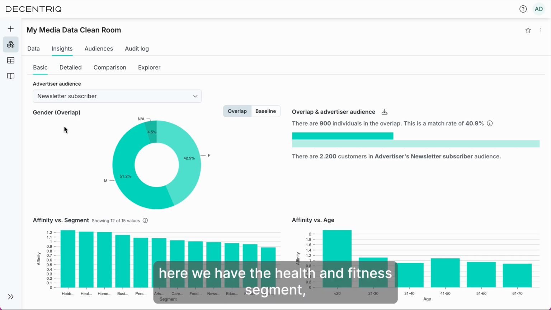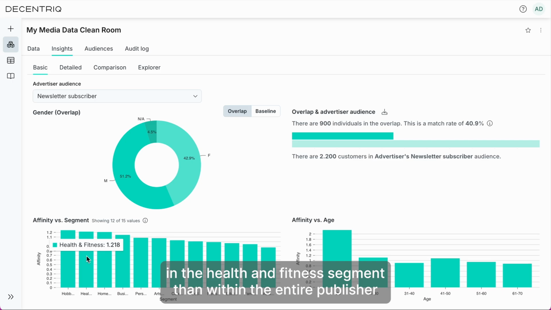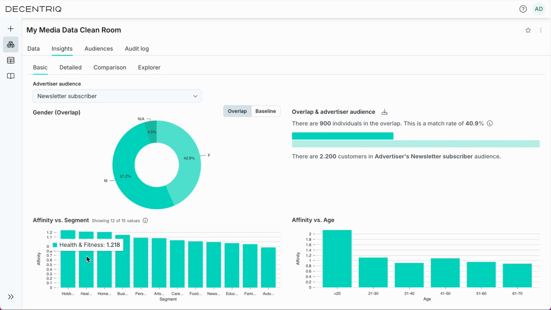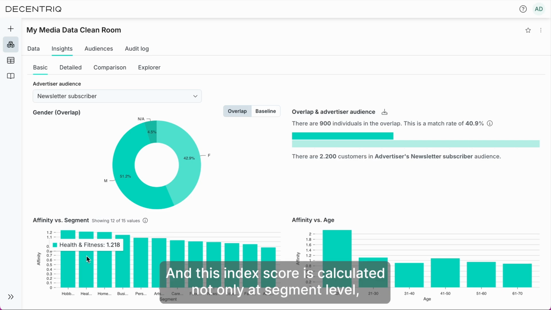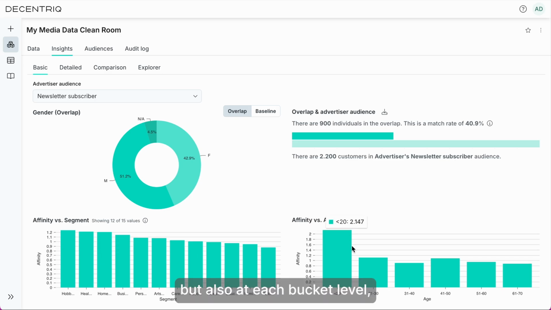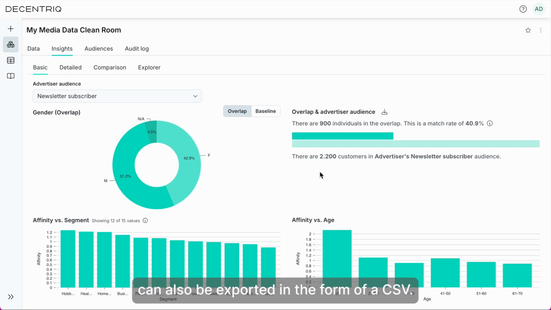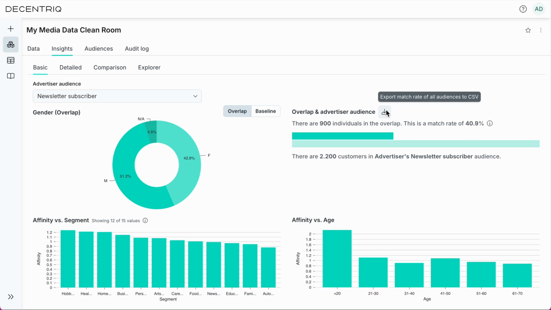As an example, here we have the health and fitness segment, which has an over-indexation towards the newsletter subscribers. And that means we will likely find more newsletter subscribers in the health and fitness segment than within the entire publisher user base as a whole. And this index score is calculated not only at segment level, but also at age bucket level, at gender level. And all of this data can also be exported in the form of a CSV,